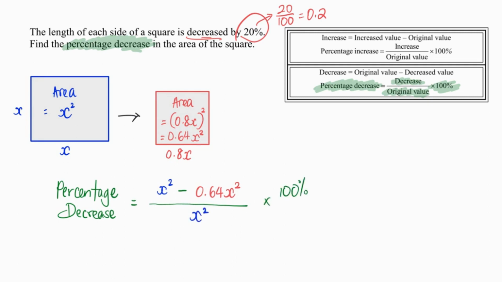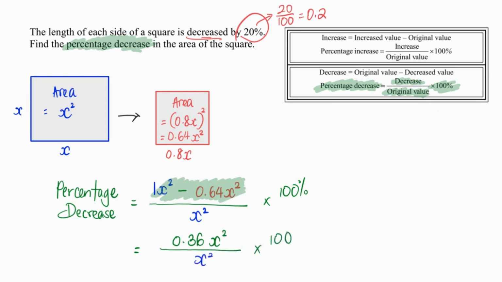And you might be wondering, oh no, there is x squared. Then how am I going to get the percentage? No worries, we do slowly. This decrease on top. Let's find out how many x squared is there going to be. This is 1x squared. 1 minus 0.64 will give me 0.36x squared over, I still have my x squared below,